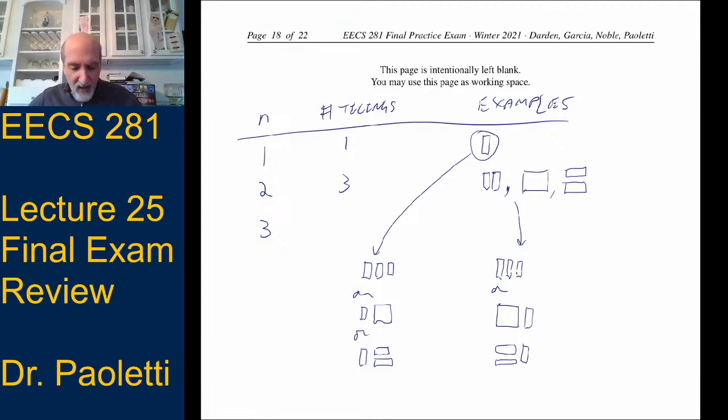Okay, so that looks like 6 ways, right? But let's go back to that word distinct. When I look at these tilings, remember, these are striped like that. So it doesn't matter if I put down 1 and then 2, or 2 and then 1, these are the same. So there aren't 6 ways to get this, there's 5.